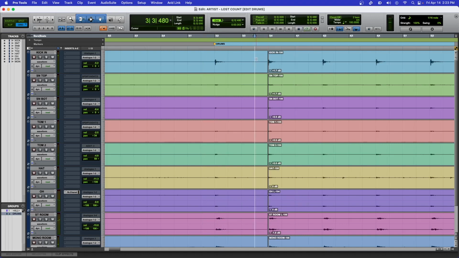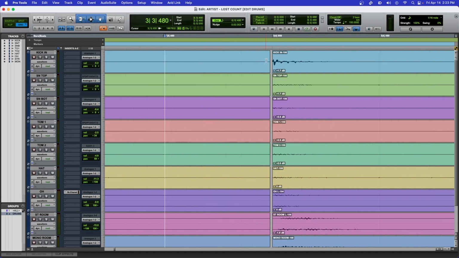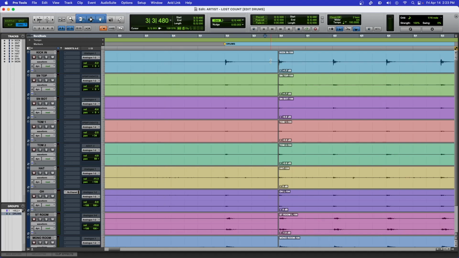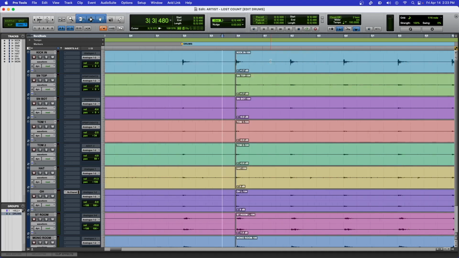Now, obviously, there's a gap here. Do not worry about that. We're going to take care of that at the end. All right. So let's continue. As you can see, the drummer was pretty spot on to here. Okay. So this looks okay, but just for the sake of this tutorial, let's